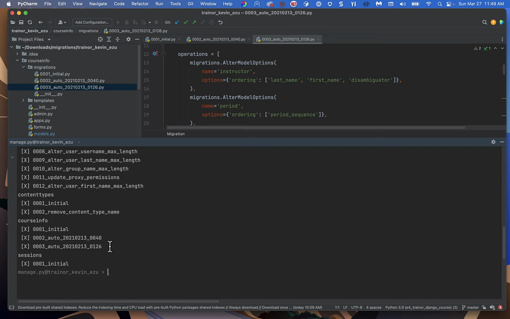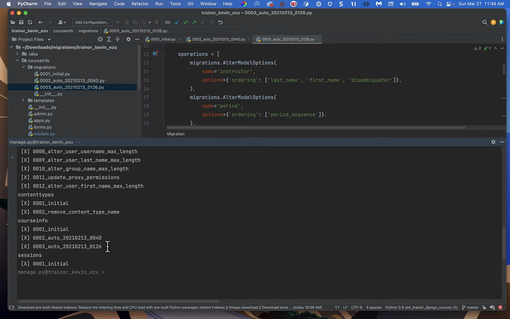But we're going to do 2 data migrations, one for instructors and one for students. And I'm going to show you and have you practice how you can apply the migration and unapply the migration. So we can add all of the instructors that we're going to use for testing, and then we can delete them. And we can add all of the students that we're going to use for testing, and then